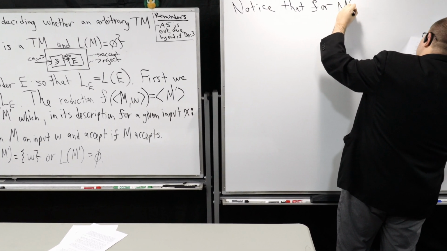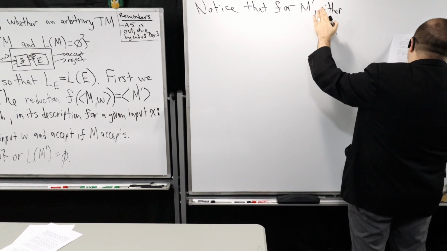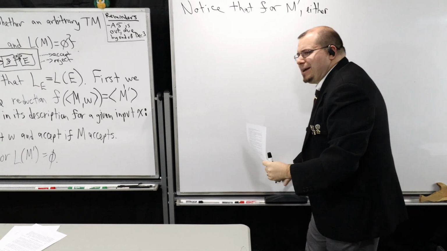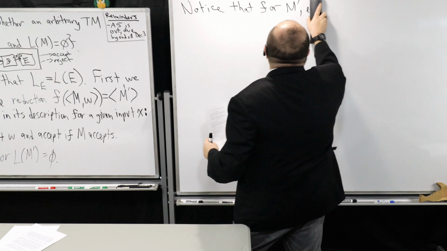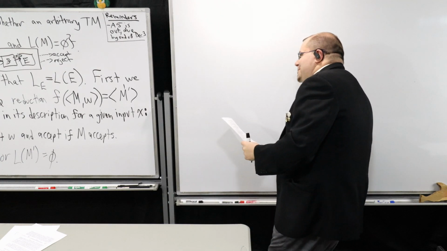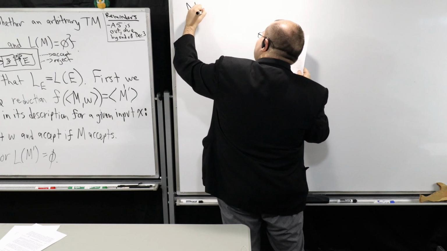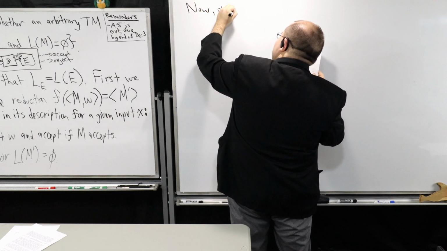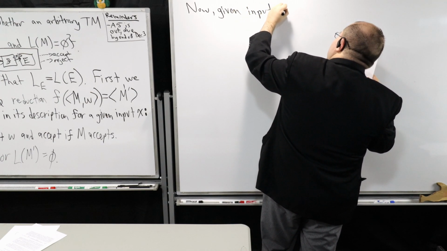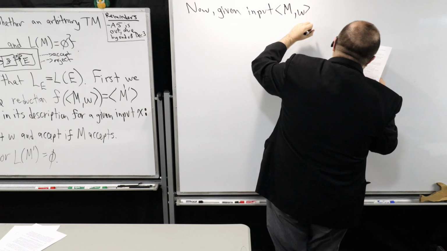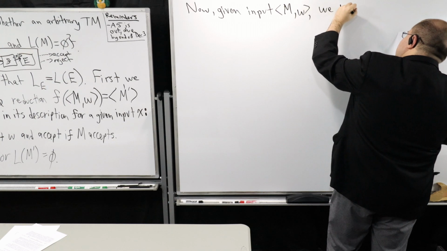I'm getting one step behind myself. I wrote it down there. My apologies. I need to describe the decider I would like to use here. So now, given input M, W, we describe